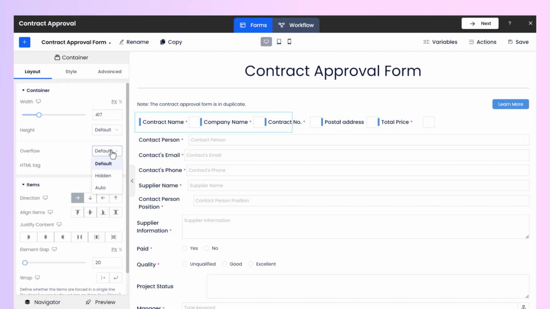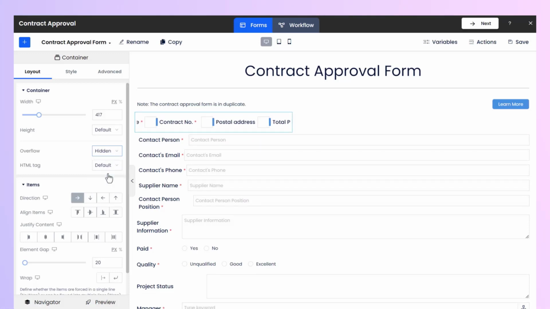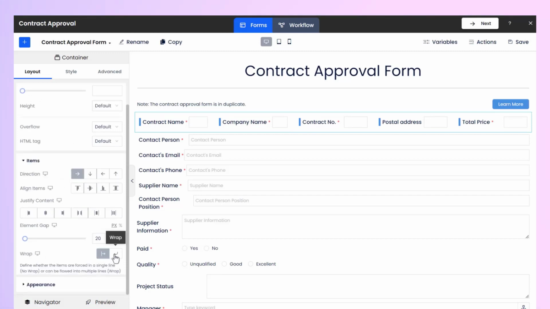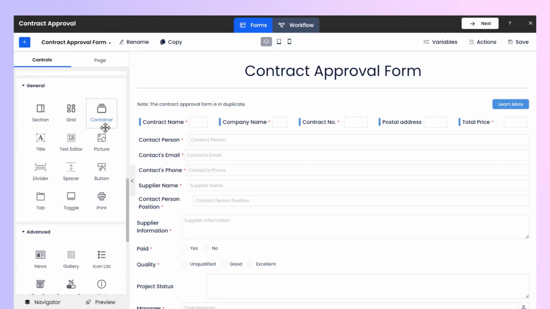If it exceeds the width of all the child controls, click the Overflow Options drop-down box at the top. Click Auto, and the container control will automatically create scroll bars to keep the content in the container accessible. By clicking Hide, the overflow content in the container will not be accessible. When the control in the container is the default width, you can set the child control to either No Wrap or Wrap. If we want to arrange the layout of this container as one row for the first 3 controls